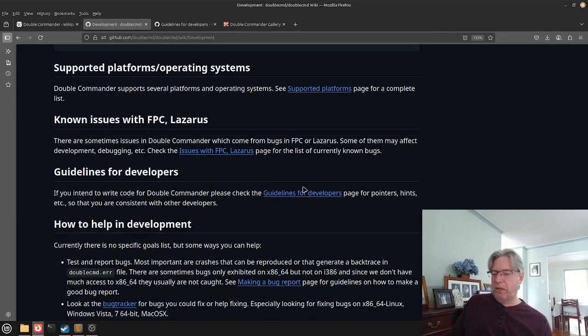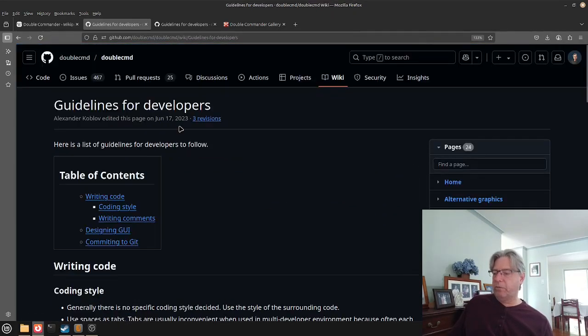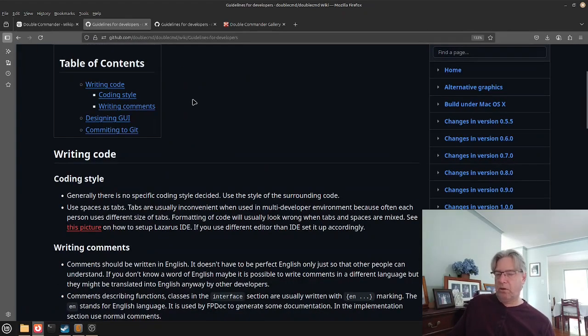It also, by the way, does have guidelines for developers and how to write their code. So rather than your project having 4 or 5 different programming styles, and I will say, while this one sums everything up in one sentence, it does say here, generally there are no specific coding style decided. Use the style of the surrounding code. Well, luckily the developers use the style, I guess, of the let's say Delphi, early Delphi, or even current Delphi, really,